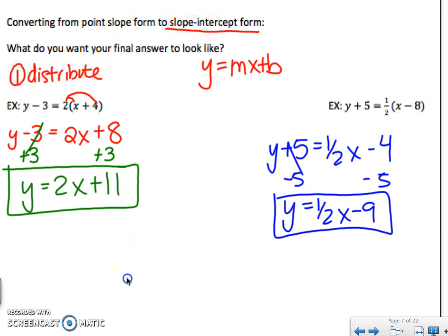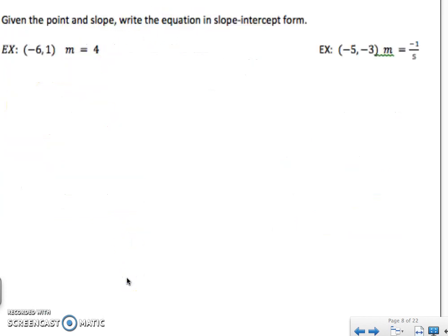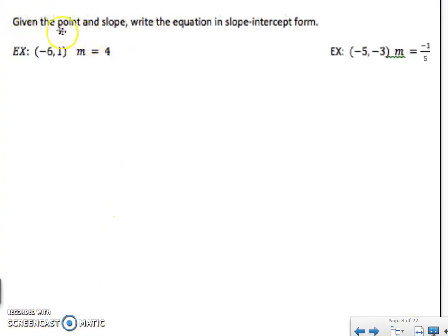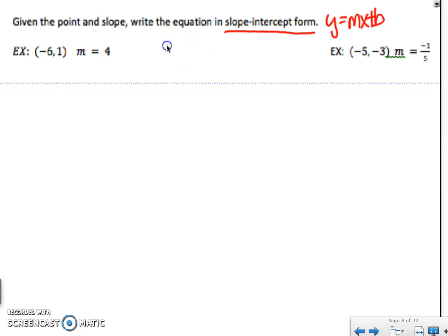You need to distribute. Alright, one more, and it's the hardest, okay? So it says, given the points and the slope, write the equation in slope intercept form. So I want my answer to look like y equals mx plus b, okay? But when they give you a point and a slope, you have to do point slope first. So kind of the order to this is you have to write it in point slope form,